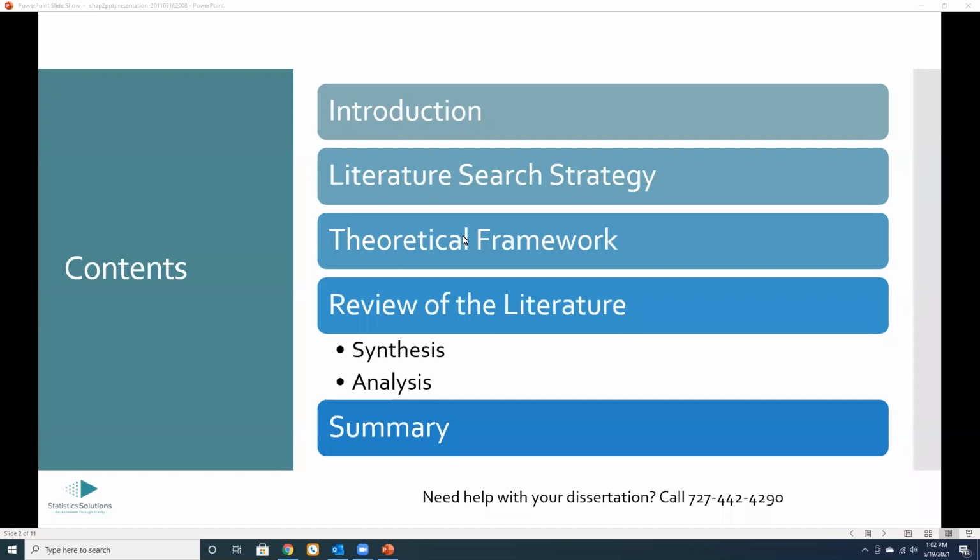A lot of times your chairs will say, be more critical or be more analytical, and people are confused about that. I summarized the literature. What else do I need to do? Well, that's part of it. And we'll talk a little bit more about it as we go through. So part of it too is being